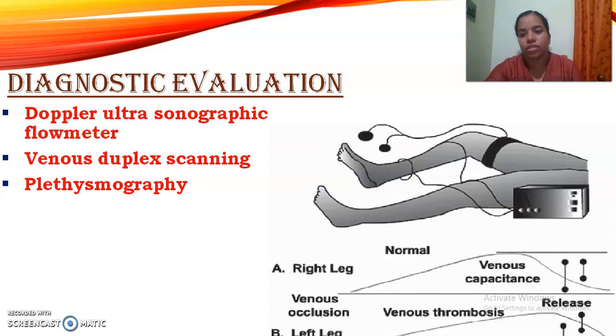Then coming to the diagnostics, the main diagnostic evaluations are Doppler ultrasonography flowmeter, then venous duplex scanning, and plethysmography. These are the main diagnostic evaluations. Plethysmography means we will be applying a cuff, which will be attached to the thighs, and we will be assessing the volume and quantity of blood circulation throughout the legs, analyzing the blood flow and the viscosity and adequacy of the blood flow, and venous return will be assessed, and through that we can identify the risk of forming